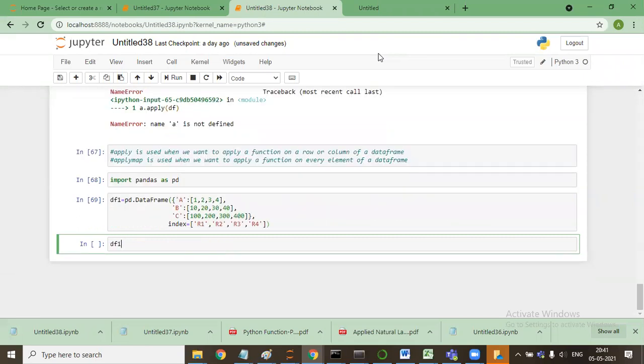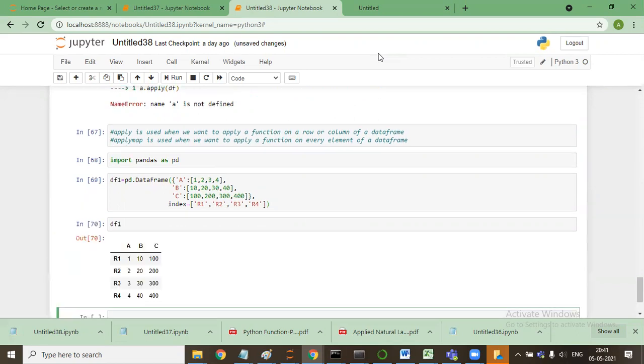I'll say df1. So this is the data frame that has been created. The similar data frame we have created yesterday as well.